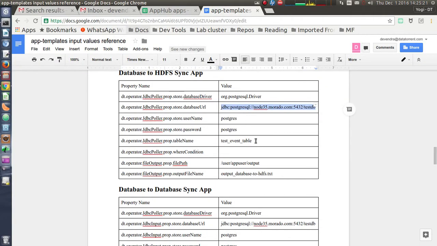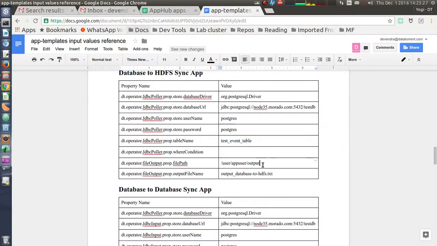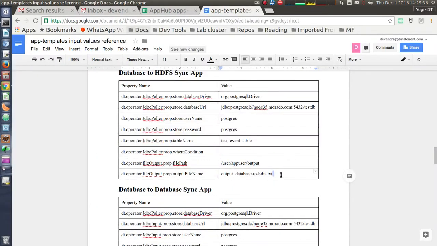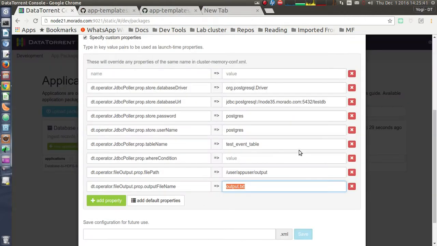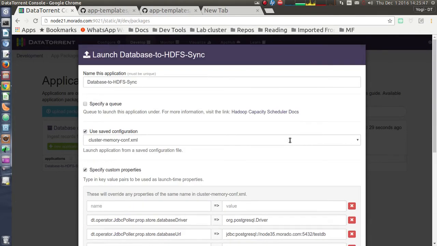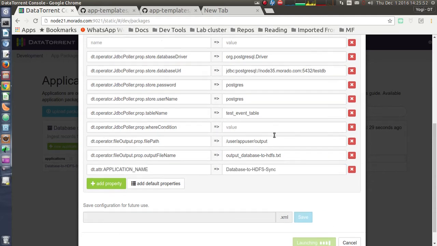I will be using the Postgres server which is sitting on node 35 of my cluster, my file path on HDFS is user app user output, and the output file name is output_database_to_hdfs.txt. Let's click on the launch button.